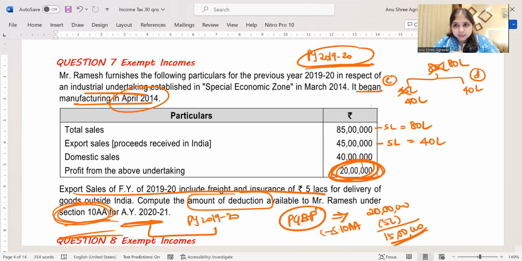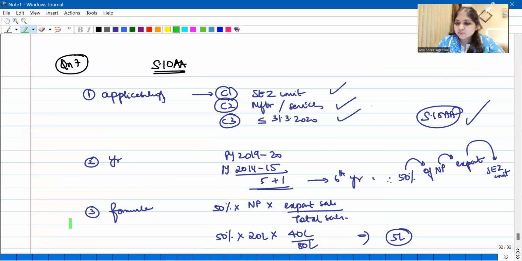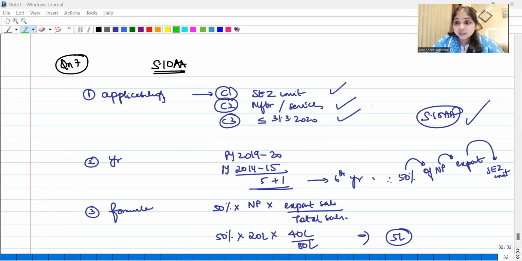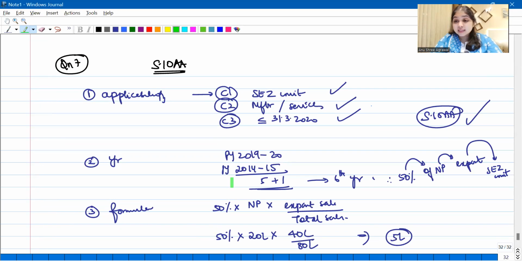Are we all clear with question number 7? Section 10AA has been revised for us through this question. Let me take you forward, guys. Let me take you to the next question. Till here, I'm hoping you've understood. You have seen entirely about 2 total income questions. Then we've seen a question from basic concepts. We've seen 3 questions from residential status, and this was 1 question from exempt incomes. Through this, 10AA got revised for you.